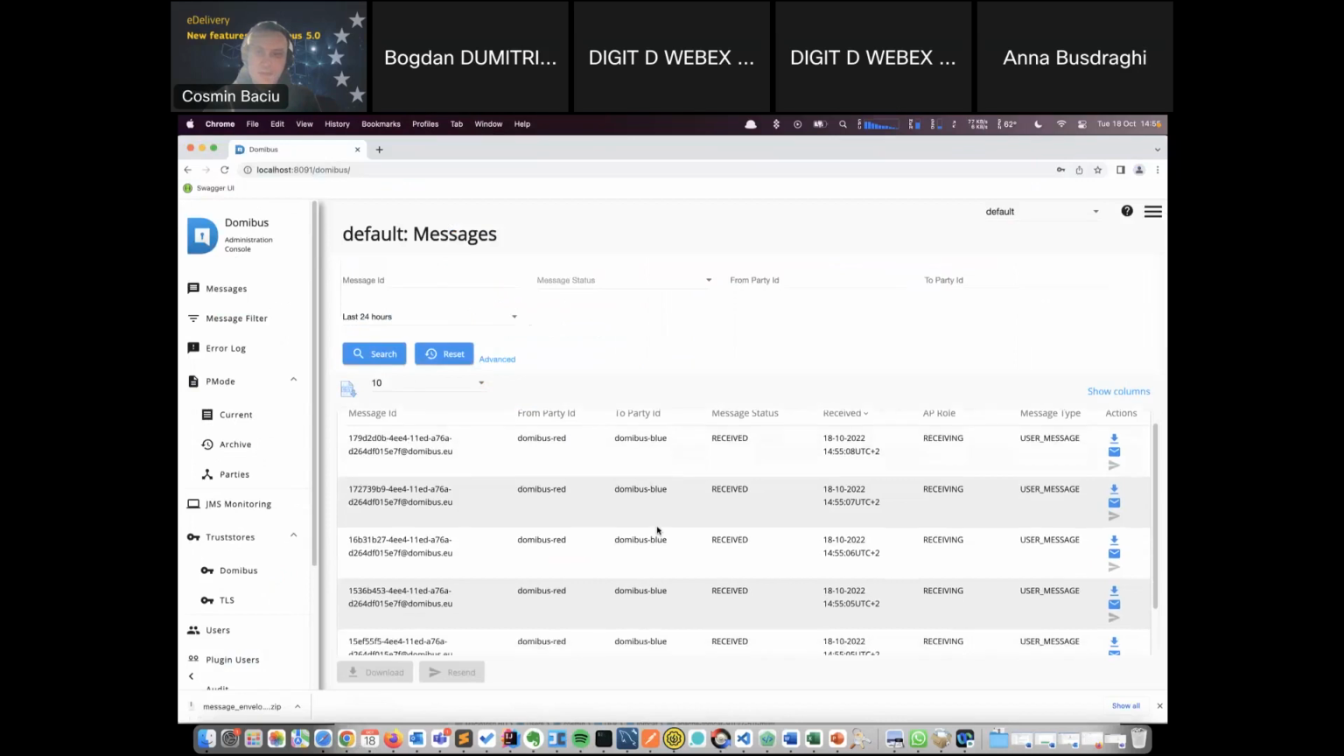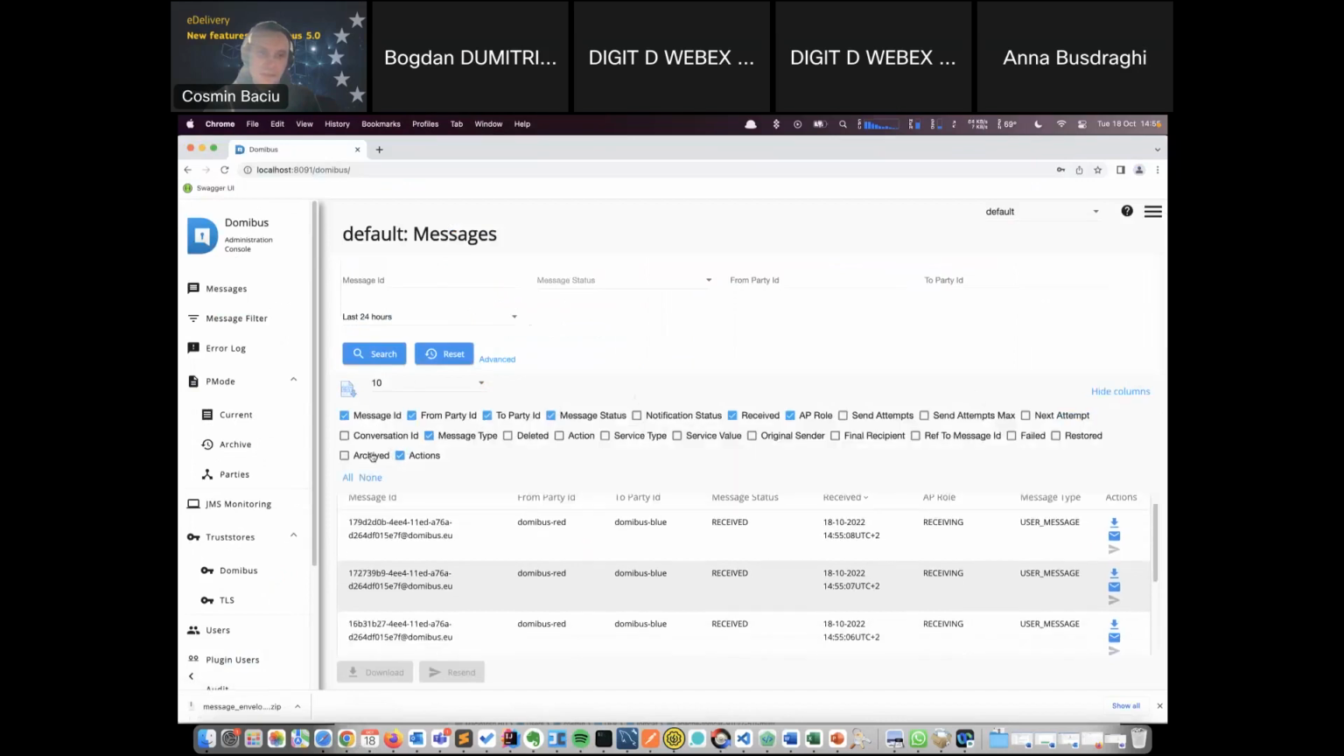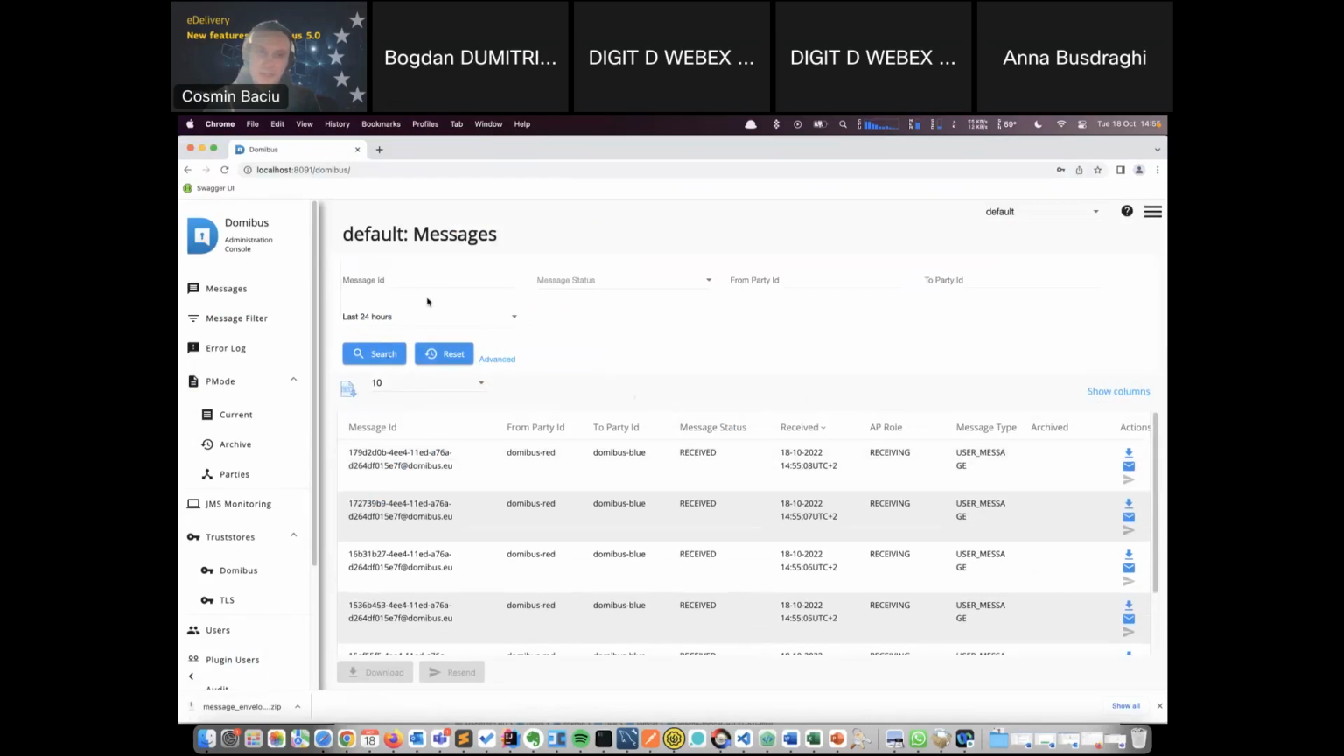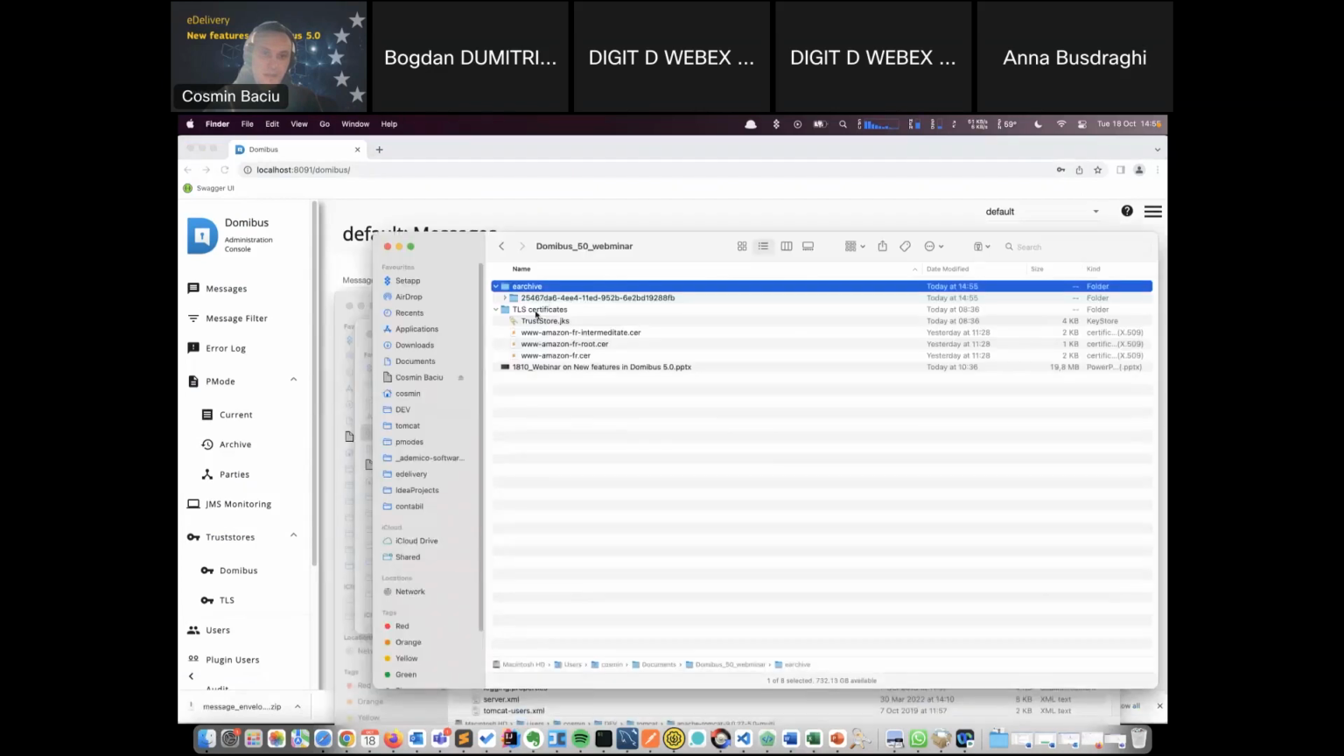As you can see here, I have some messages which are waiting to be archived. The archive column is empty for the moment. I have to refresh a little bit so that we know when the messages are archived. Now the archiving cron job is working and checking if there are messages waiting to be archived. As you can see, these messages were archived, and the batch containing those messages has been created